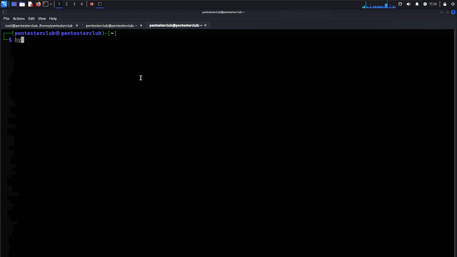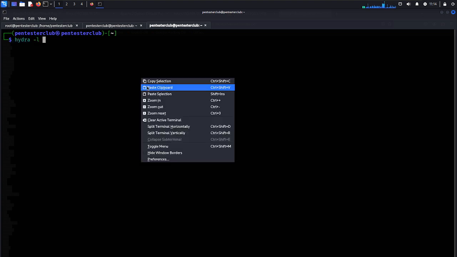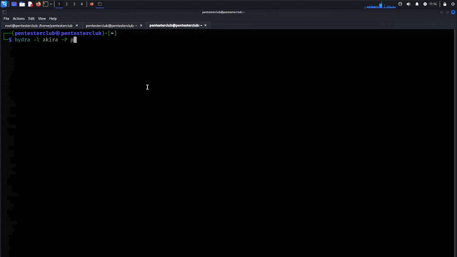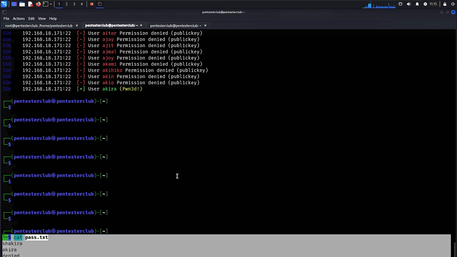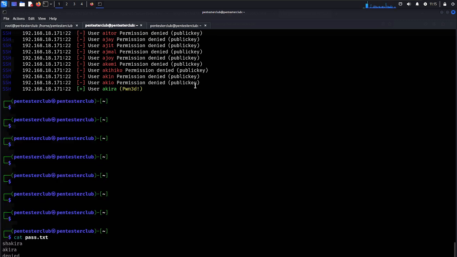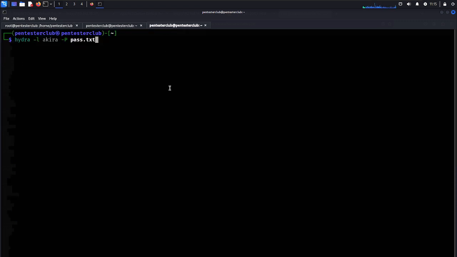So for that, I would like to utilize here hydra -f, username is Akira, password is password.txt. So I have some password list here. Let me just put here cat password.txt. So I have just 3 words. I don't want to take many because it's just a CTF, and we have identified the name as Akira. I just put it in a bash script, sh Akira. I don't want to try too much because that consumes too much time and CPU also. Now just put sh, enter your target